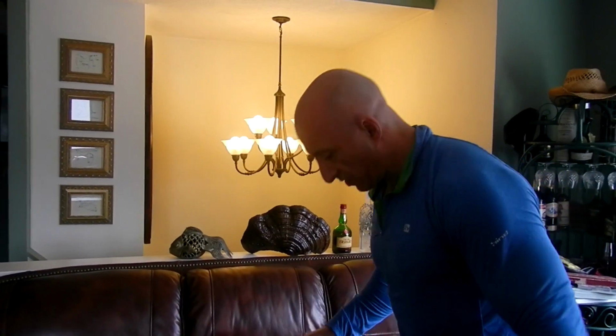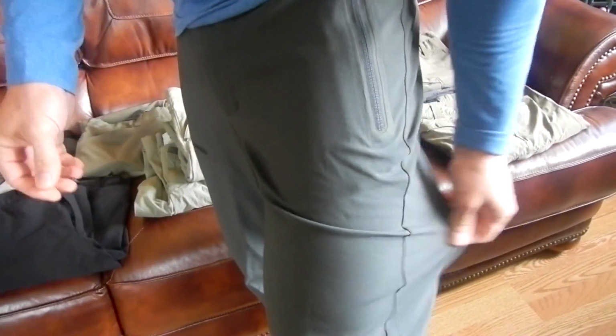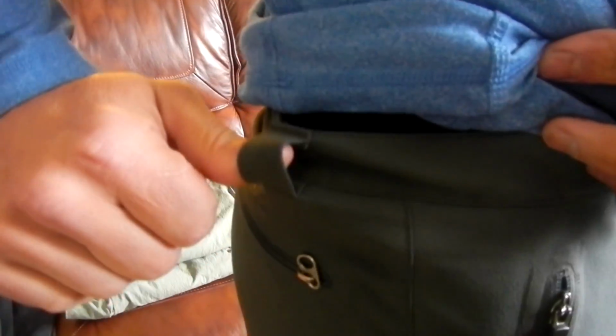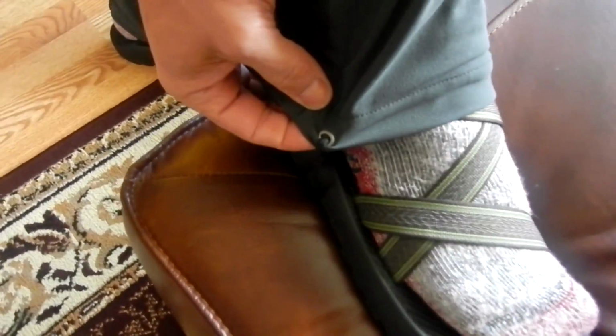Alright, so the pair I'm wearing right now, these are the REI Acme pant. They got a lot of stretch in them. Zippered pockets in the front here and here. You've got zippered pockets in the back as well. You've got your pretty standard belt loop. And what they did for the 2012 model and the 2013 model is they stuck a loop here